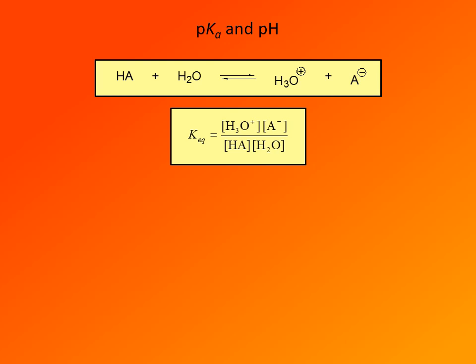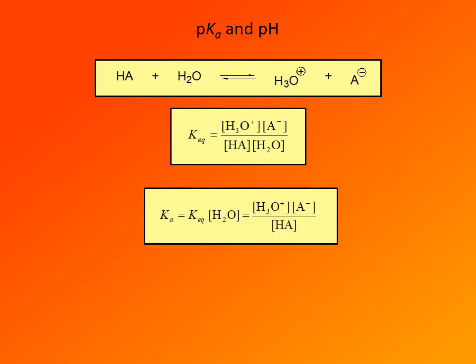which means that we can incorporate the concentration of water into the equilibrium constant and define a new equilibrium constant, the acidity constant. So the equilibrium constant multiplied by the concentration of water is the new constant. And so this constant is the concentration of conjugate acid multiplied by the concentration of conjugate base divided by the concentration of the starting acid. The acidity constant tells us how strong an acid is. If the acidity constant is large, that means the equilibrium is to the right,